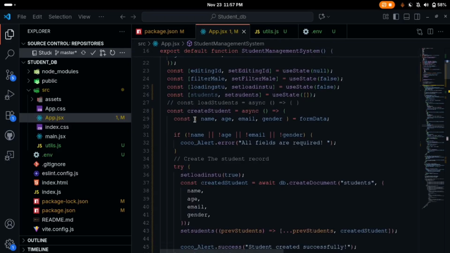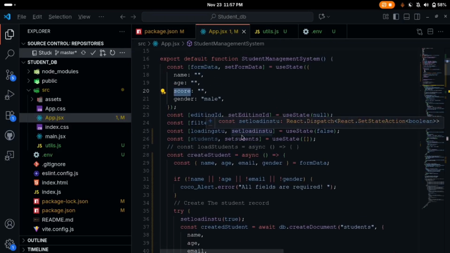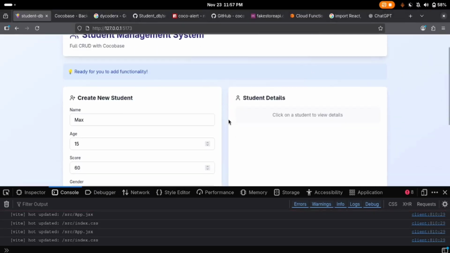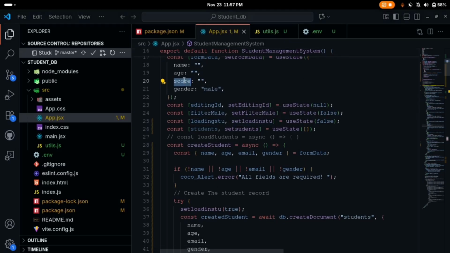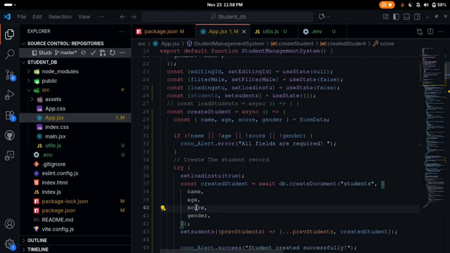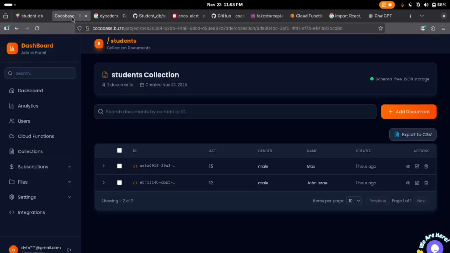Oh, so this is the reason why it was showing that error. If we click on create student, it will show what fields are required, because we had this core here, so I'll just replace that with score. Okay, so checking our Cocobase website,